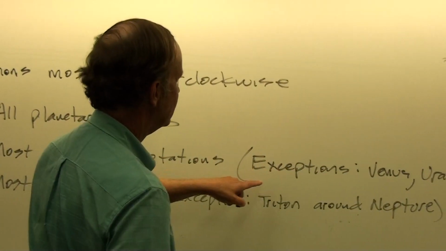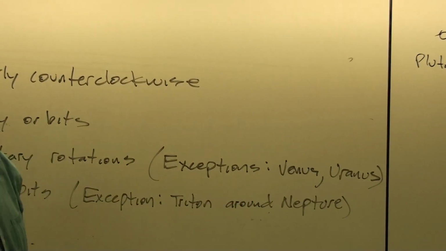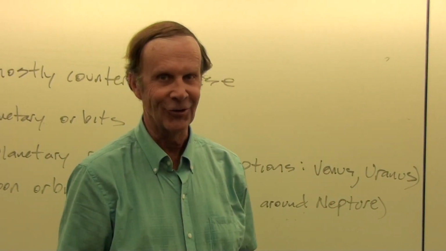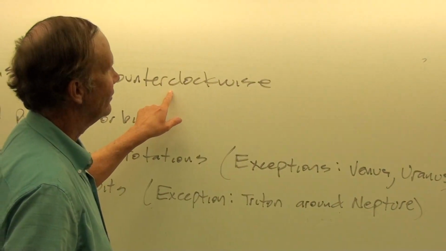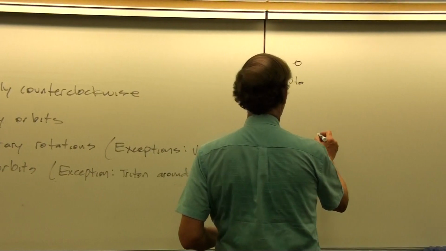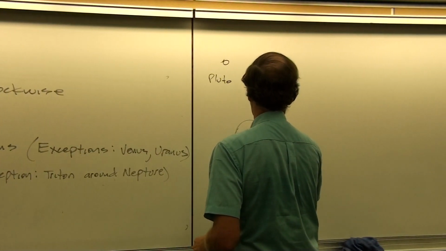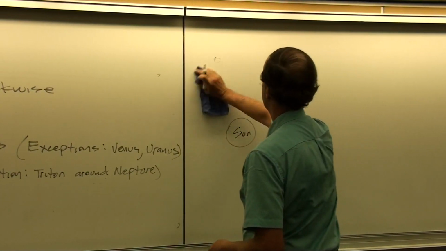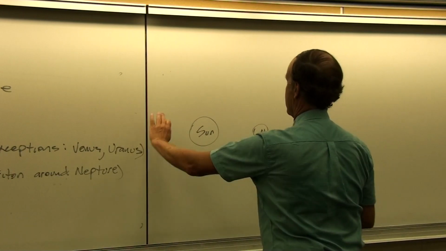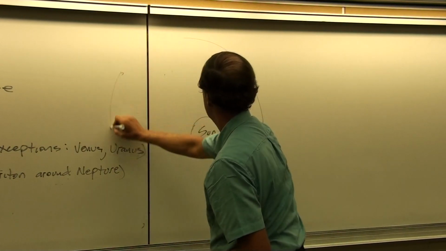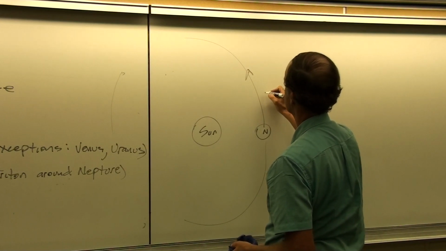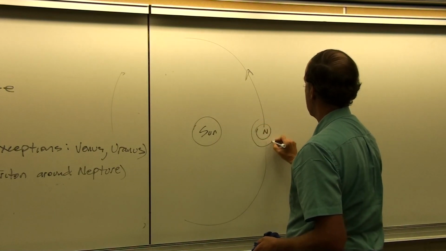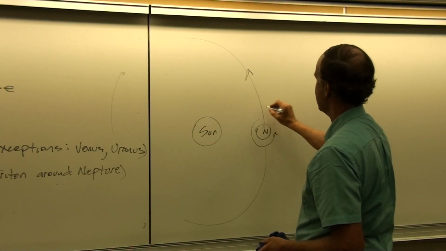So these exceptions then are called retrograde motions. But here retrograde just means retro, in the opposite direction from what's normal. What's normal is counterclockwise. Now in order for this to be measured consistently, we have to be looking down on the Earth's North Pole. And so imagine now that this is the ecliptic plane, the plane of the board. And then the Earth is going around the sun like this in a counterclockwise direction within the plane of the ecliptic, and then the Earth is rotating on its axis this way.